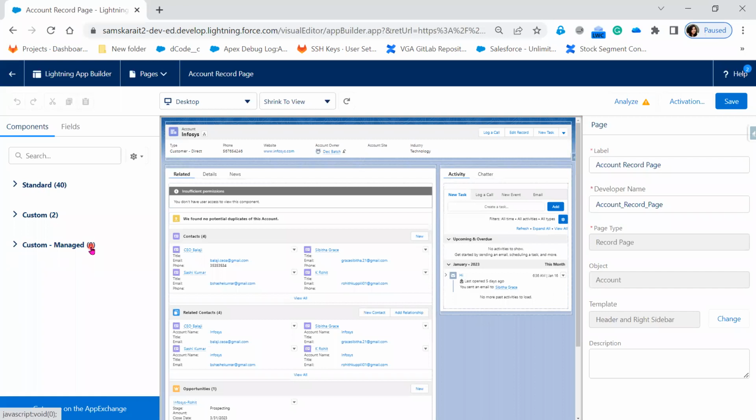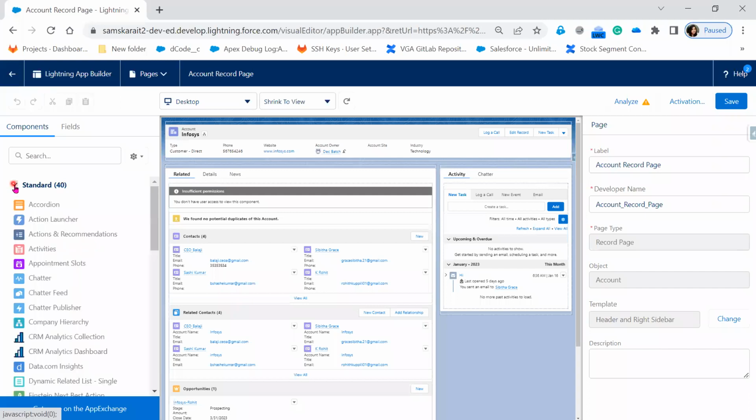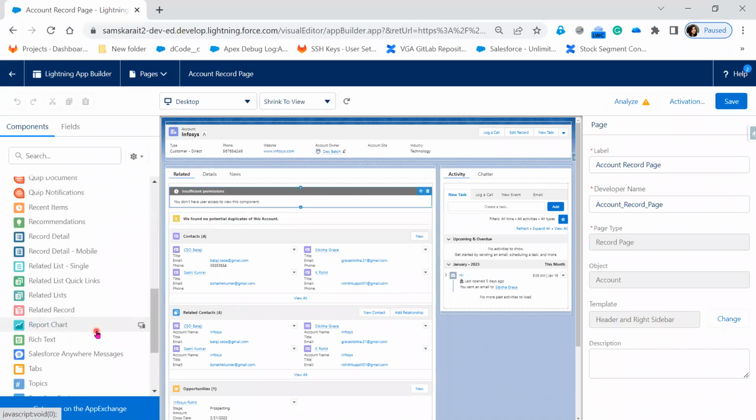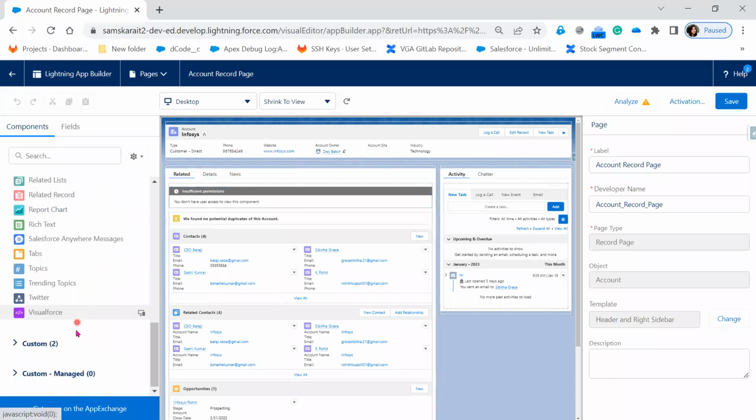If you have a managed package with custom components, those will come here. But right now, focus on standard and custom. Standard is what Salesforce provides, like related list single and related list quick action. These are all Salesforce standard